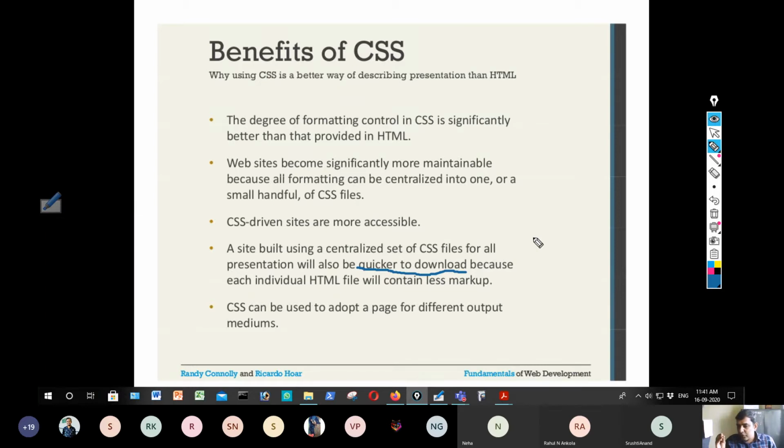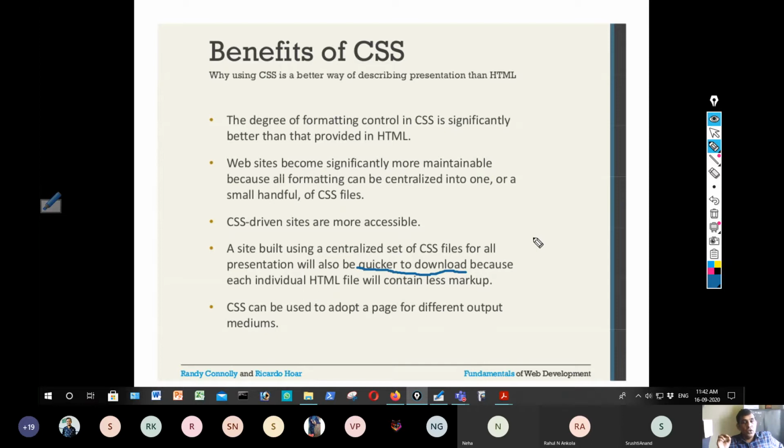So instead of that, if I have specified in a CSS file, paragraph color is equal to red once, all the 55 occurrences of the paragraph element will get the same color red. But how many times have you downloaded this? Only once, in an external style sheet. So always note that. A site built with CSS gives centralized control.